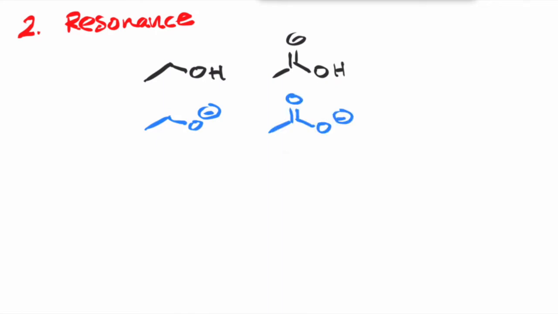Let's take a look at an example of this. Compare between an alcohol and an acetic acid here. Again, we can see the conjugate base of that alcohol is this alkoxide ion, where that negative charge is fixed on that oxygen. And the conjugate base of the acetic acid also has a negative charge on an oxygen. So here you see that atoms will not help us out here since it is the same atom.